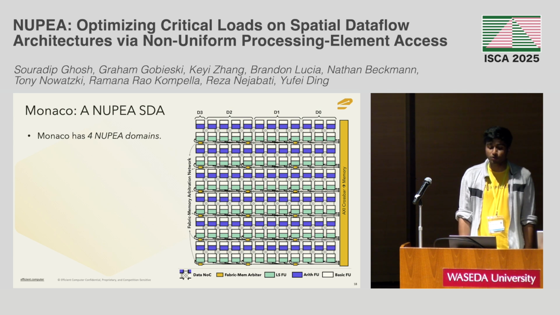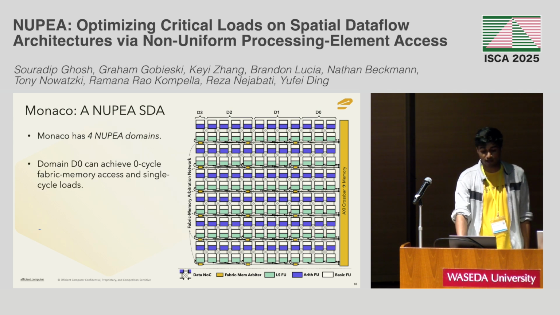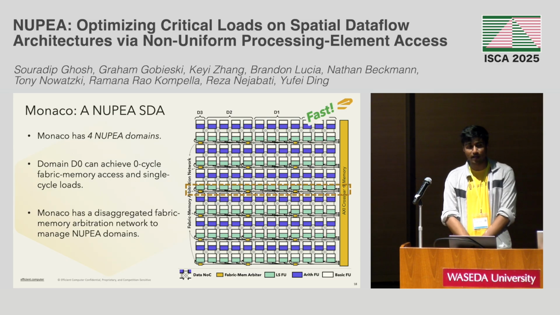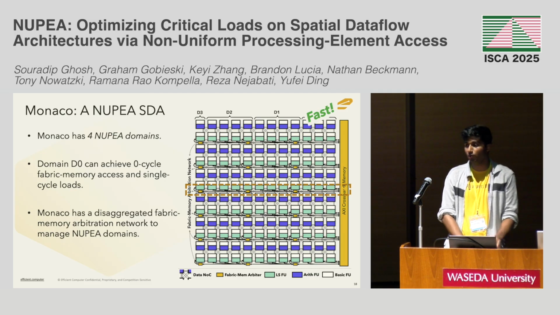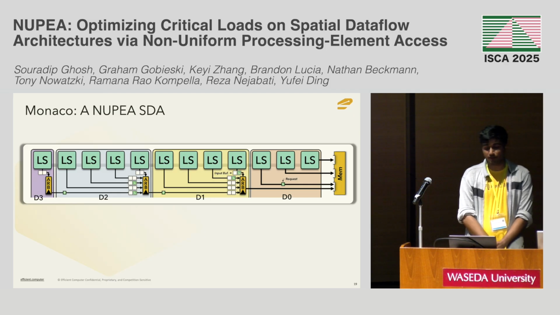Monaco also has 4 NUPEA domains. And so domain D0 can achieve 0-cycle fast access and single-cycle loads. And Monaco implements this disaggregated fabric-to-memory arbitration network to carry requests to and from memory and also manage your NUPEA domains. And so we can zoom into one of these rows of LS showing the request side